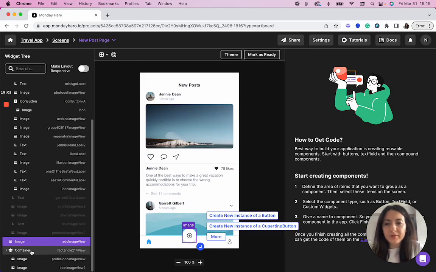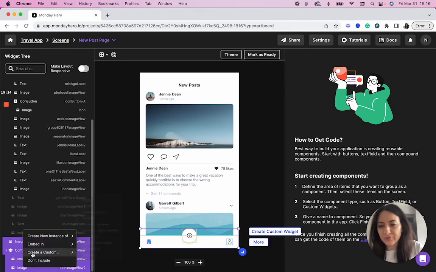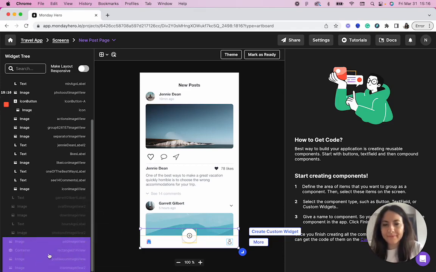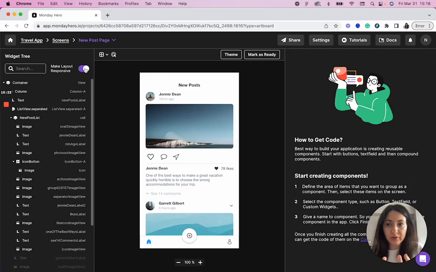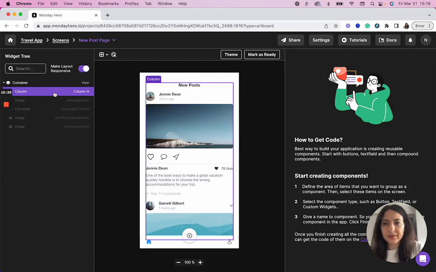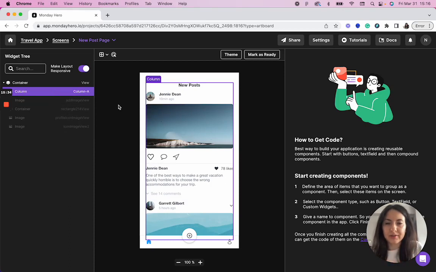But before that, I will remove this bar from the code because Monday Hero doesn't support button bar navigation yet. So I will just right click and say don't include. And I will open this to get all the rows and columns automatically. And if I don't like it, I can just change it as I say by just right clicking and then editing or deleting. Right now I created the column and we have lists and we have buttons on the screen,